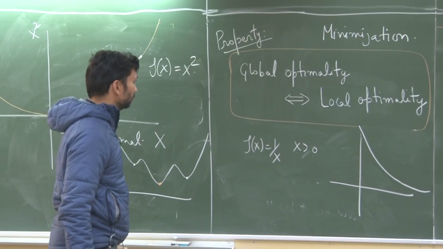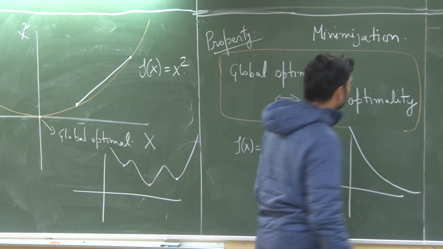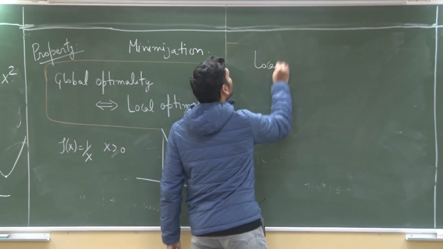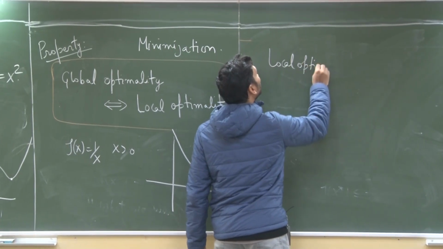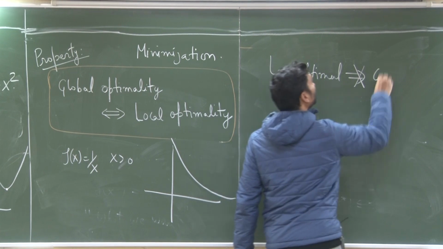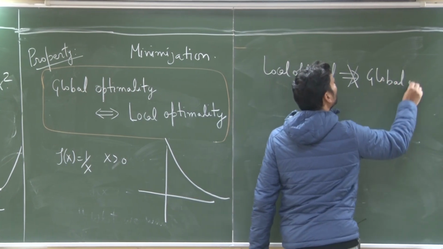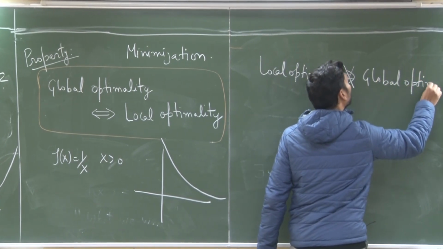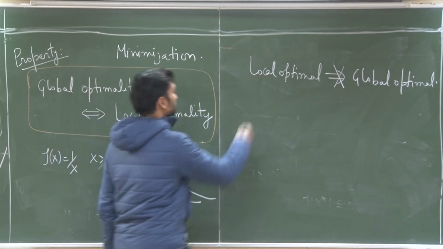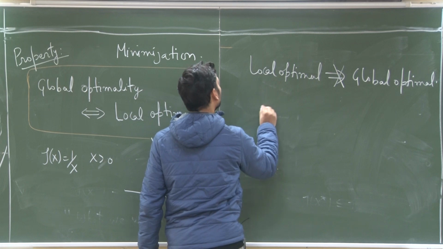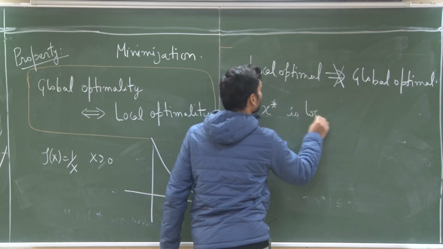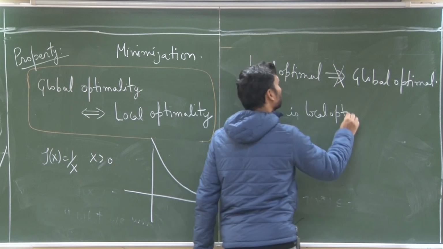How can we do this? Okay. Let's assume the contradiction. Assume there is a local optimal point which is not global optimal. So let's say x star is local optimal